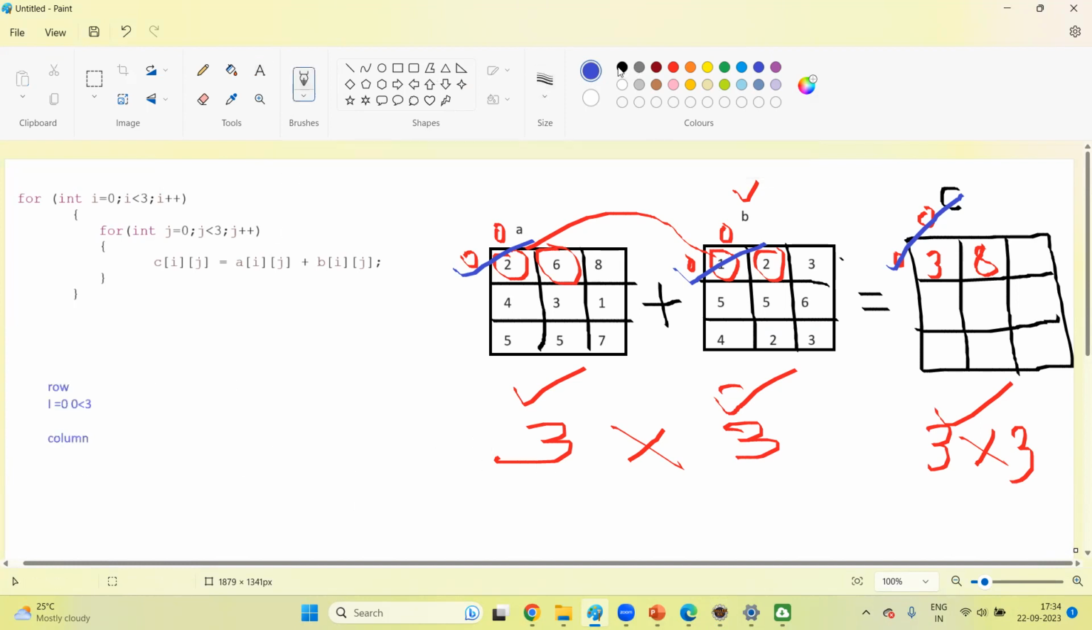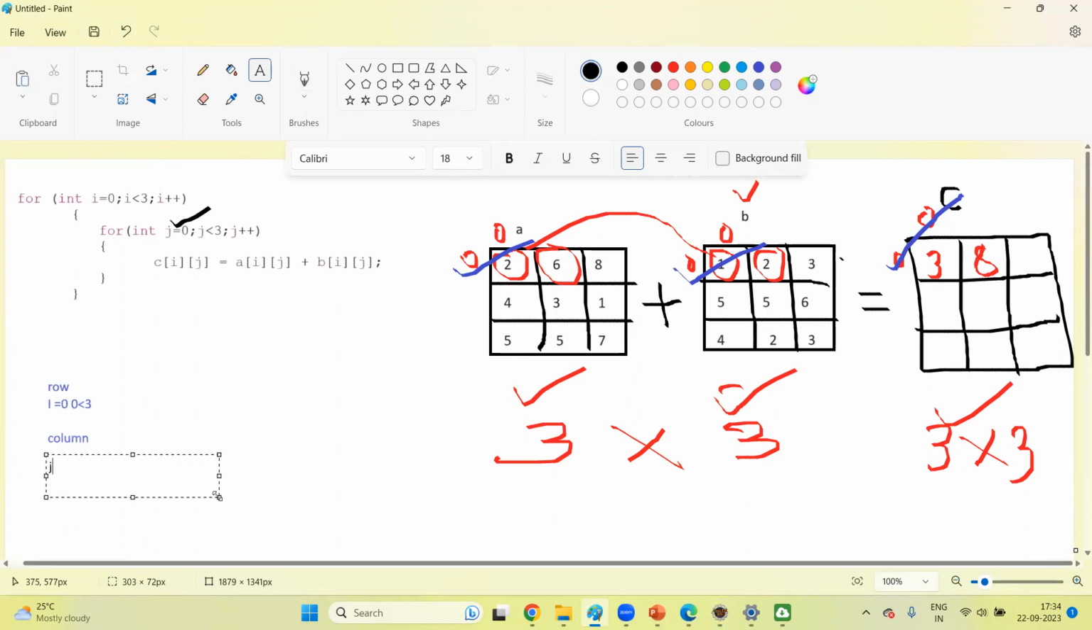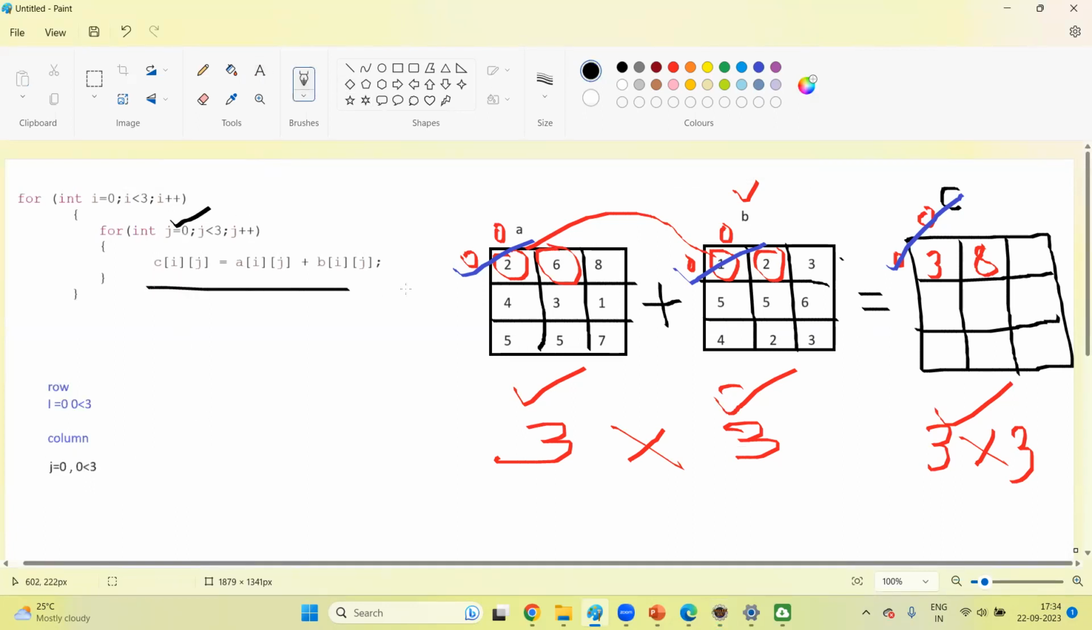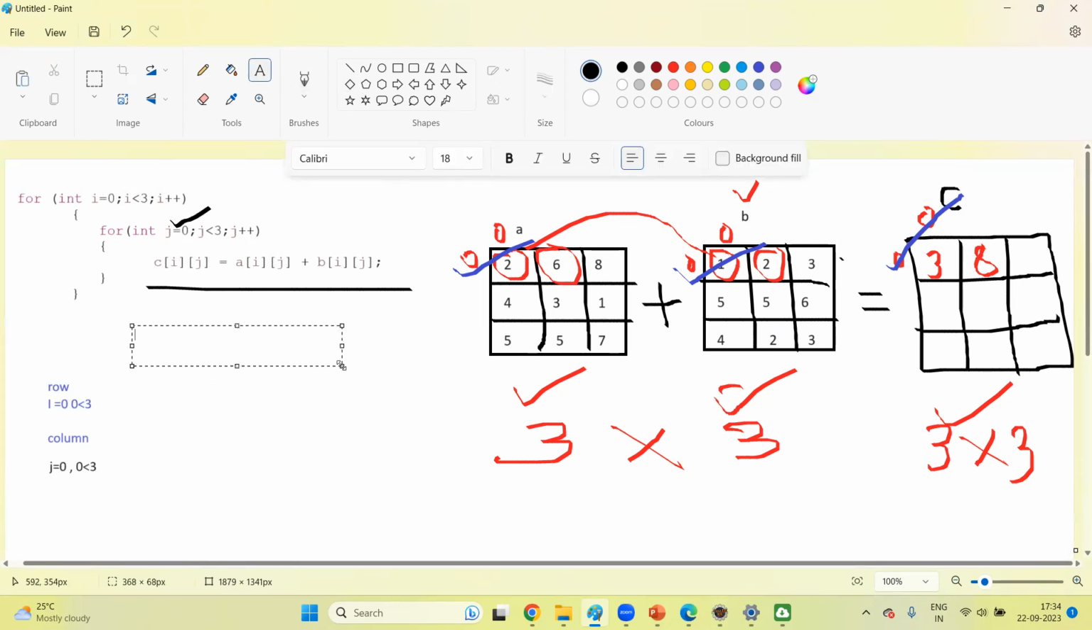When it comes into the column loop, you can observe here that this J value again becomes 0. So J equal to 0, I mean the first column, and we check the condition: is 0 less than 3? Yes, that means it will come inside this particular statement. Now we know the values of I and J. C of, what is the value of I? 0. What is the value of J? 0, equals, again, A of,